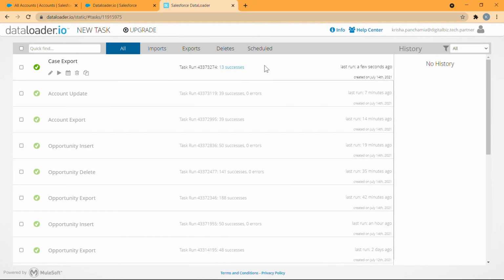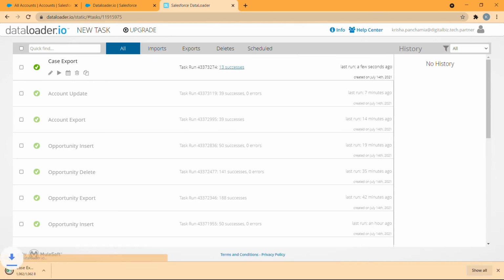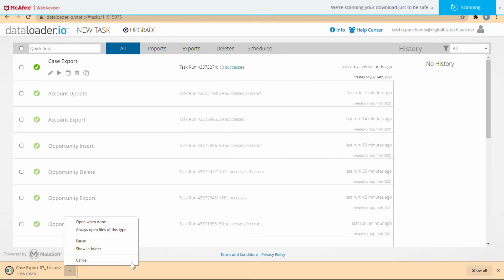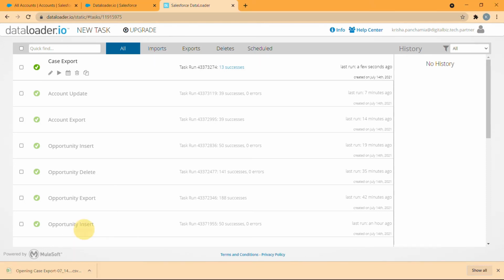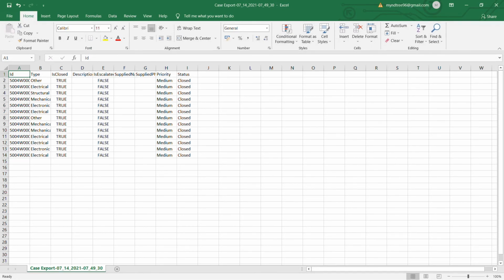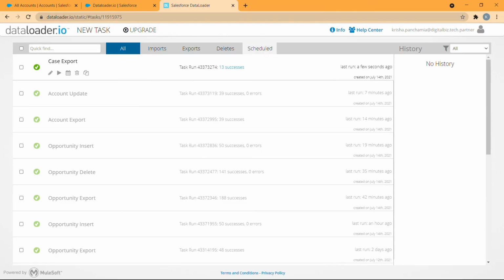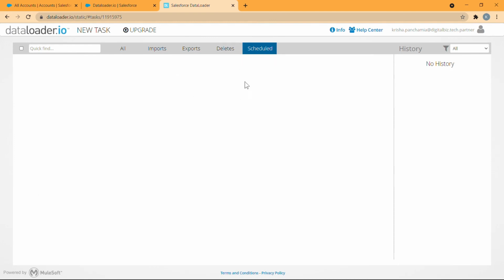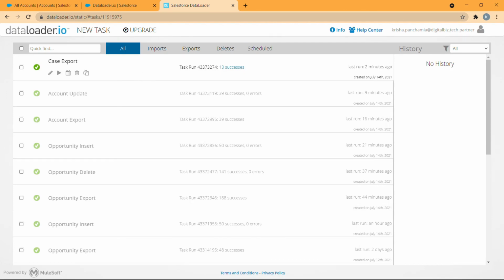As soon as the export is done, whether it's a success or it has failed, it shows that all the records have been a success. So I'm going to go ahead and download this file now. Once it's downloaded, I'm going to go ahead and open it. So this is how you can use the query editor or the query builder to filter out the records that you wanted to export. As I mentioned before, you can also schedule the task and rerun the tasks again when required. So this is how you import, export, and also update data using